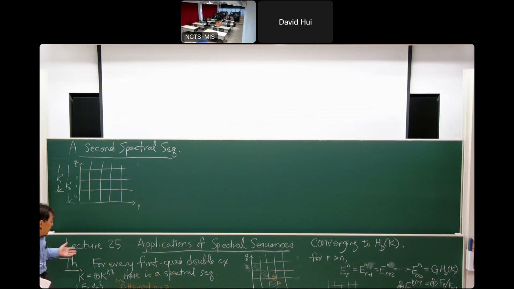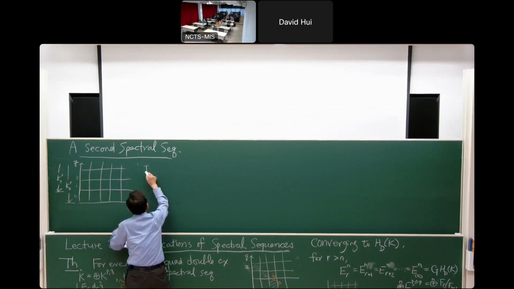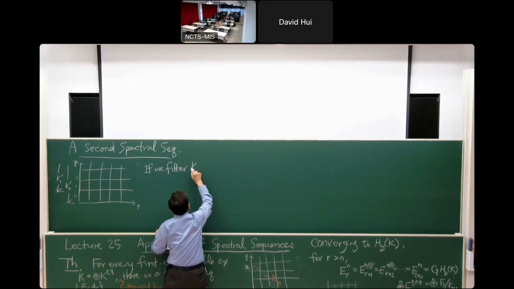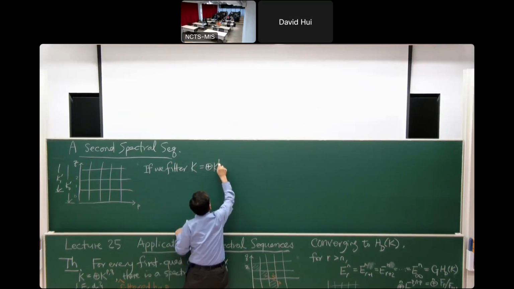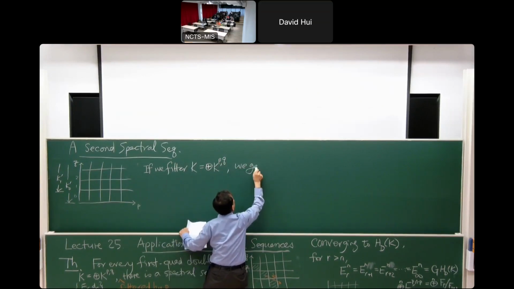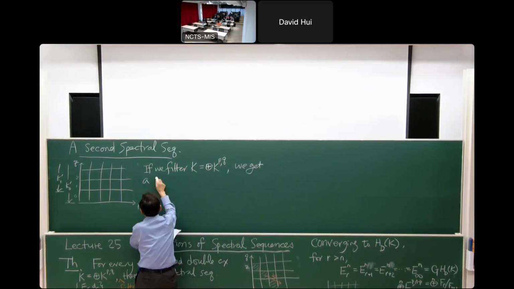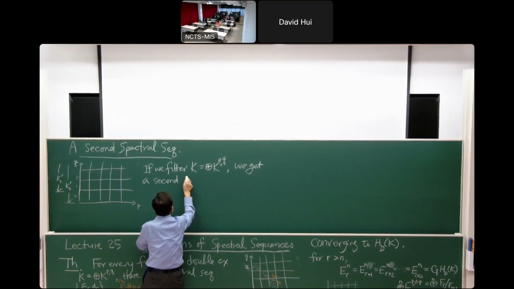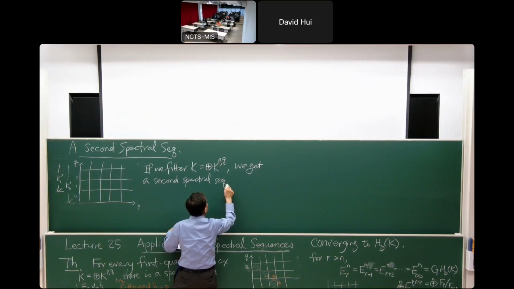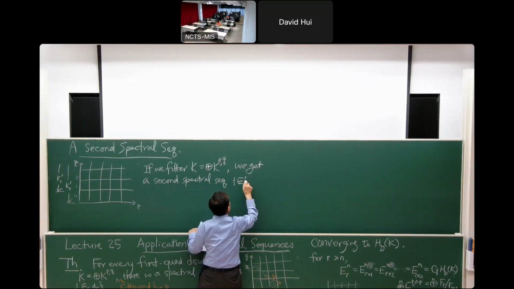So if we filter by q, we get a second spectral sequence,